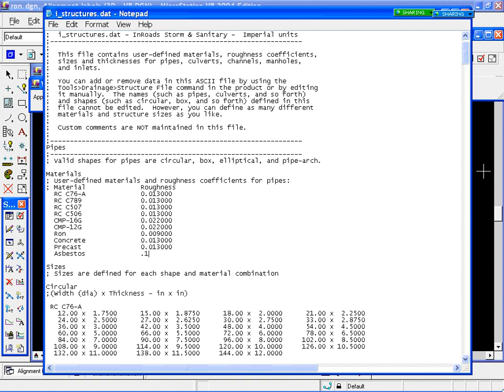If I made this modification and saved it, I would actually have to exit the product and re-enter the product for it to relink with this file. I'll show you a way to make it dynamic in just a second, but another thing I want to show you